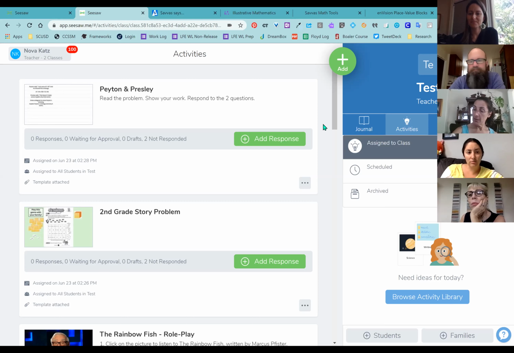Really quick. Since I'm teaching a split next year, would I create 2 different classes, one first, one second, or can I do the split together and then overlap some stuff, or assign to certain students? Such a great question. So if you'll notice in the top left-hand corner where it says that I have 100 notifications,